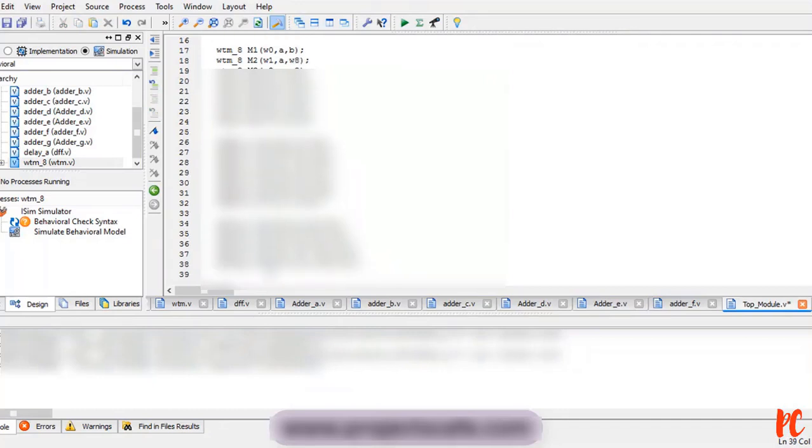For the sixth one, D6, this will be W13 followed by W12, clock and clear. And the last delay, D7, for which this will be W14 followed by W13 and a clock and clear as well.